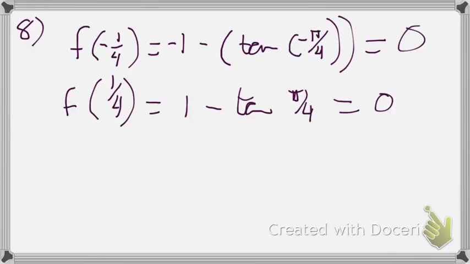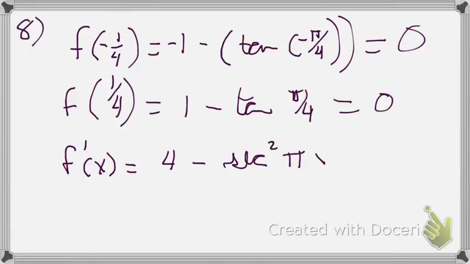So yes, we can indeed apply Rolle's theorem. So let's see. We take the derivative and we get 4 minus the secant squared of pi x times pi. And